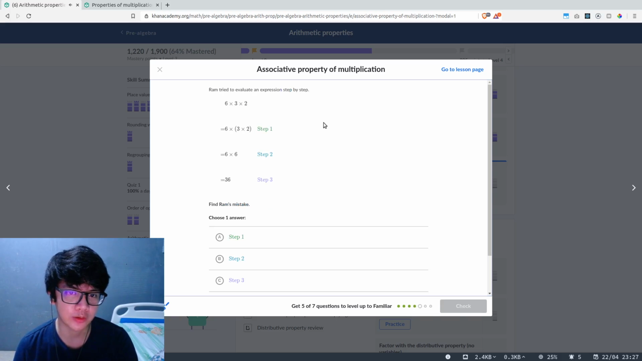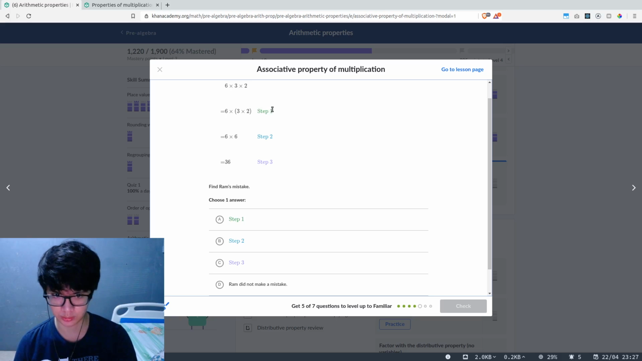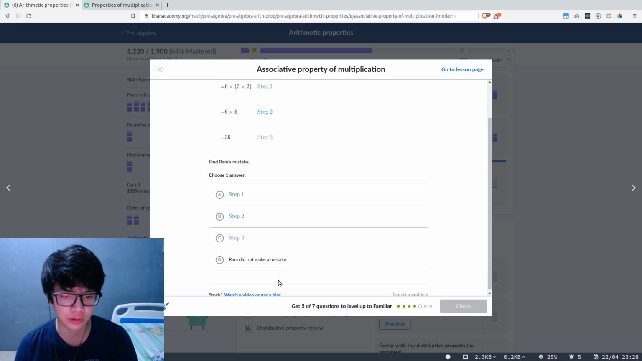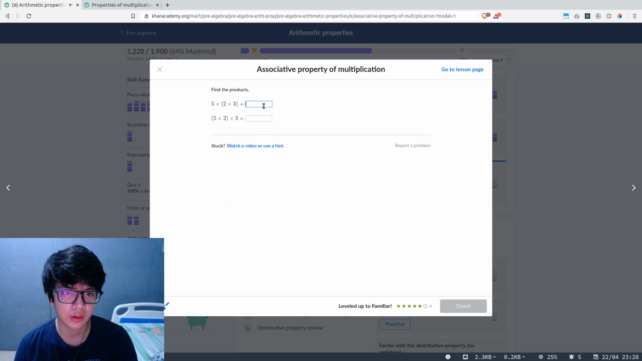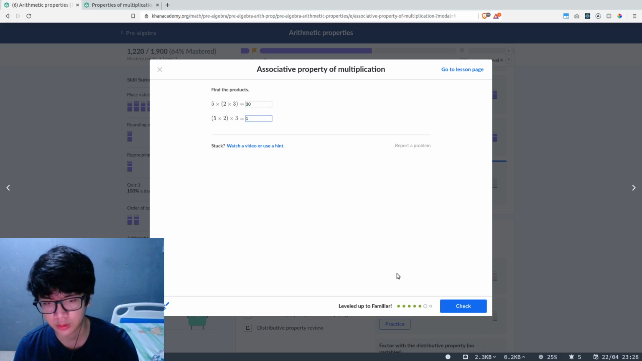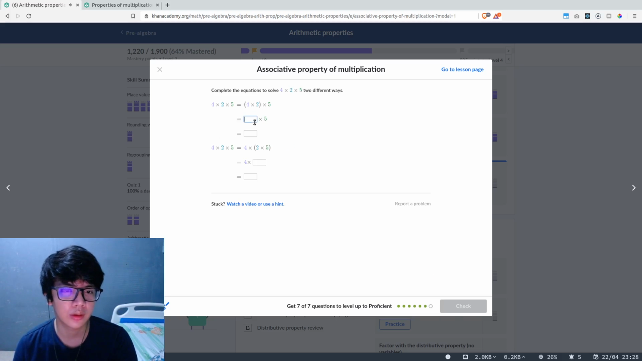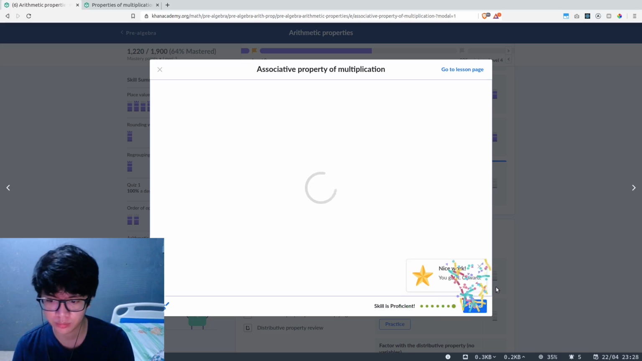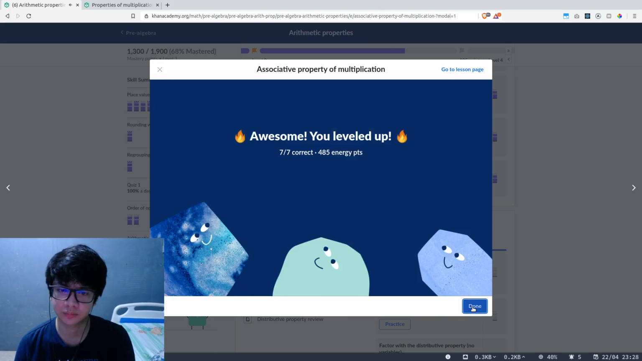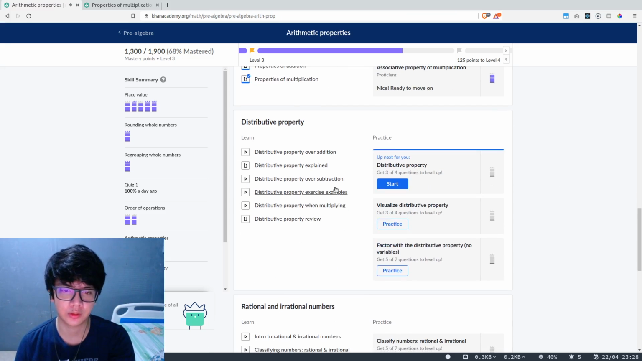Ram tried to evaluate expression step by step. Find Ram's mistake. He did not make any mistake. Ram's good. 6 times 30 times 10. 30, okay. So 2 different ways. Oh, cool. Okay. Next,